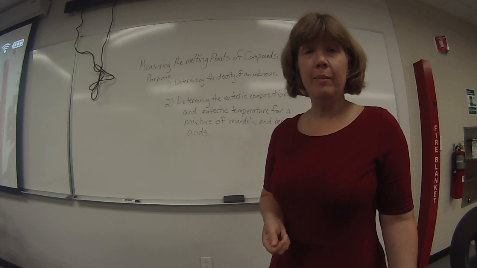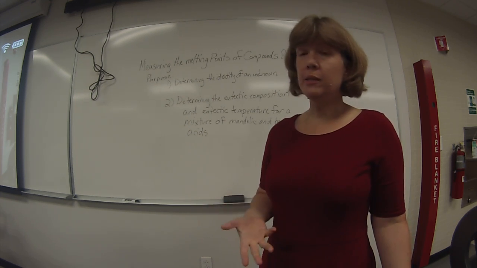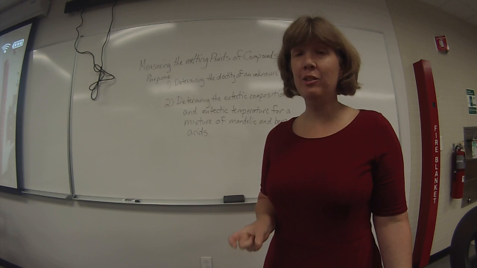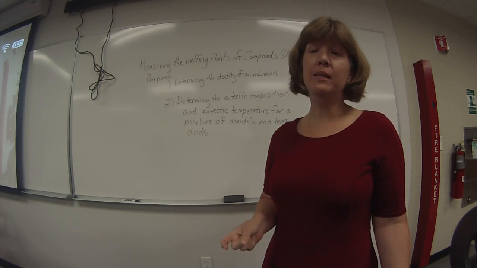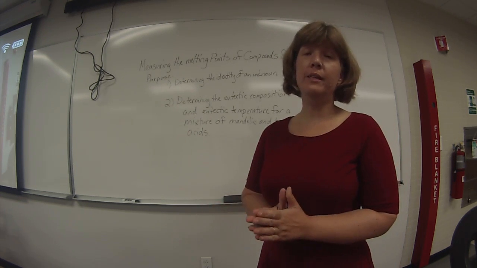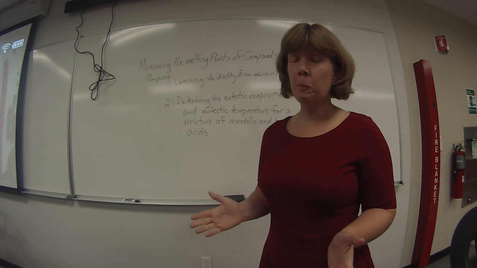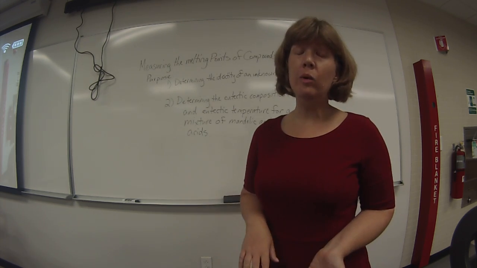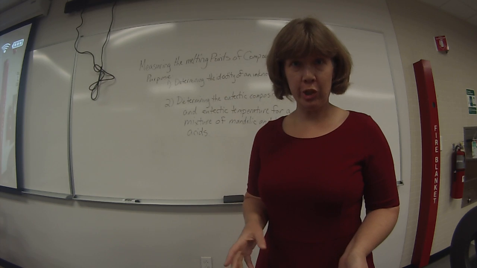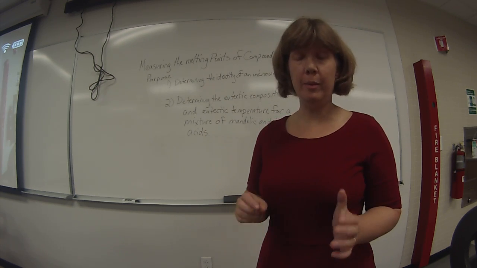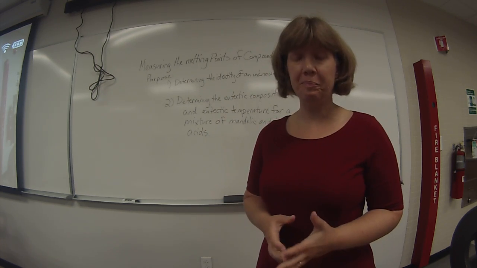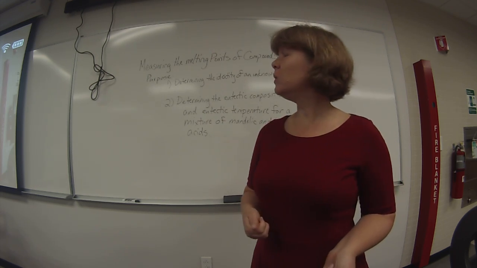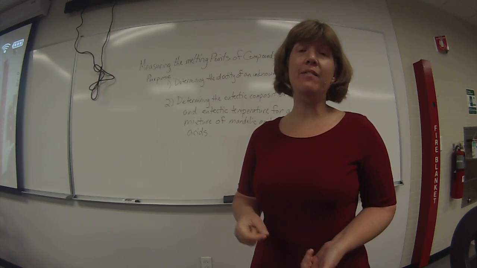As you read in the lab manual, when a substance is pure, the melting point range is narrow, typically about 2 degrees. But if a substance is not pure, the melting point range is wider. Also, the melting point range will be lower temperature than the temperature of either of the melting points of the pure substances. All right, so you're going to use this principle to help you determine the identity of the unknown